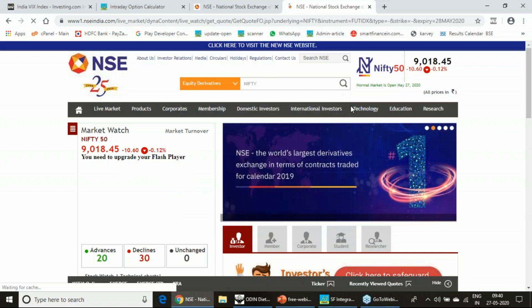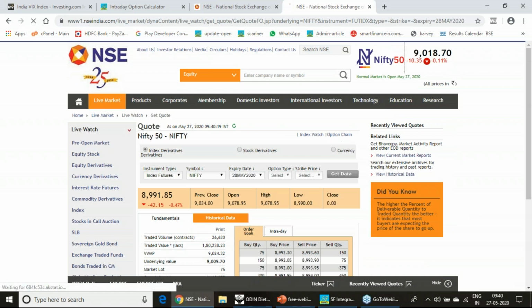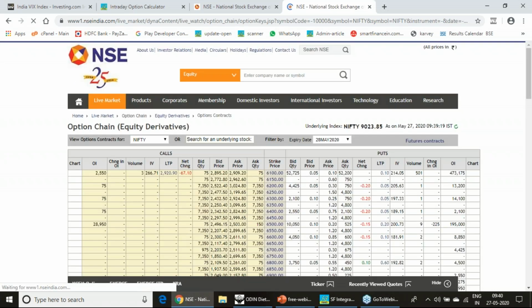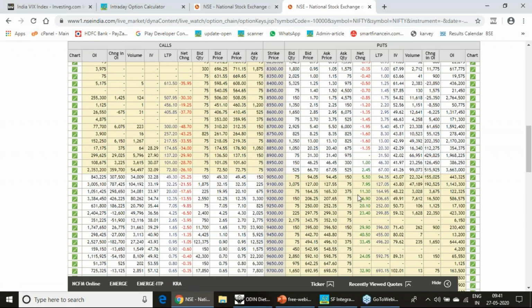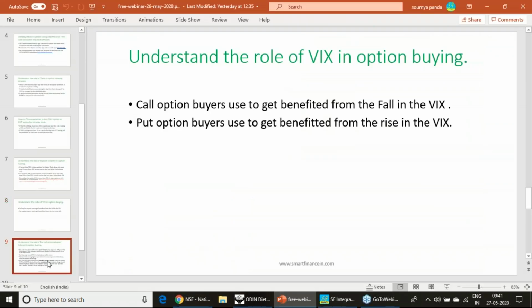So, highest open interest you have in the option chain part. You can find out that this particular strike of 9,000 is having 33 lakh contracts in open interest. So this is the highest strike open interest you are having. That is the reason why I have told you that it is slightly difficult for this particular strike to be penetrated and give you higher targets. For that reason only, you must avoid the strikes which have the highest open interest.